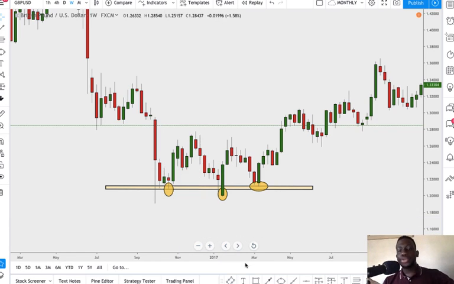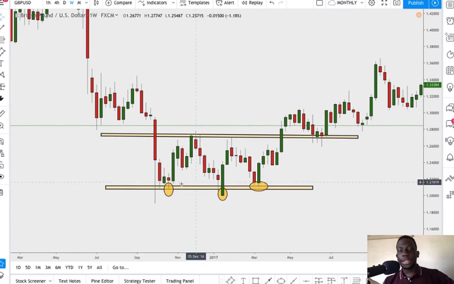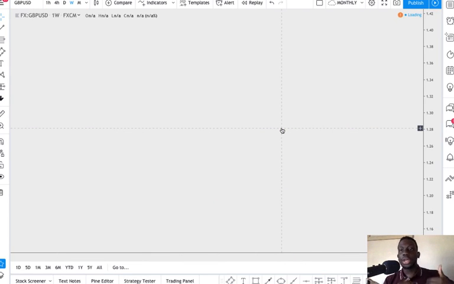Now the way I go about trading head and shoulders is this. For those of you who don't understand how head and shoulders works, you're supposed to wait for the head and shoulder to complete its pattern within a range, from a left shoulder, to a head, to a right shoulder. Now, your duty as a trader is to wait for that head and shoulder to break to the upside. Once it's broken to the upside, according to most of the scholars out there, most of the blogs and the books that teach you, even the book that we share on our academy, we encourage traders to go ahead and